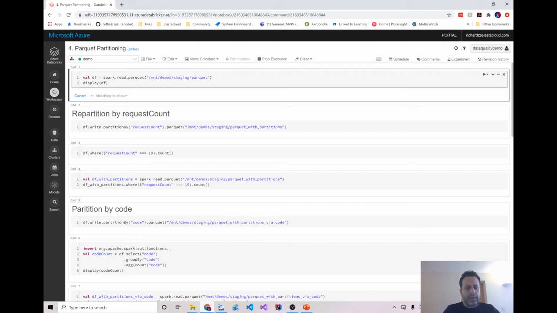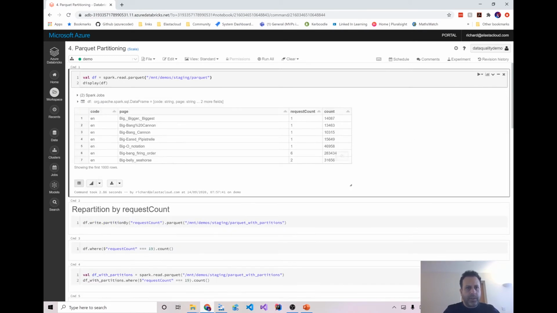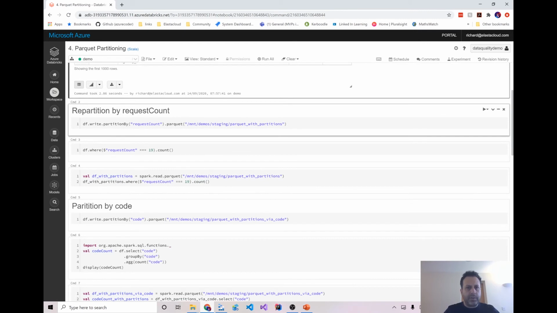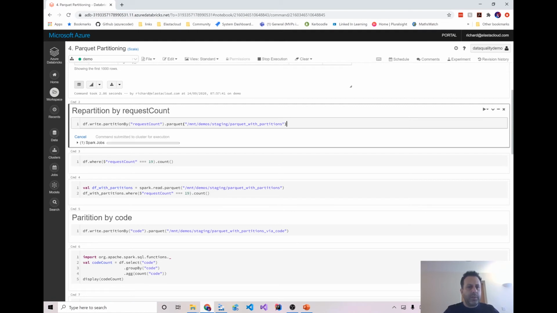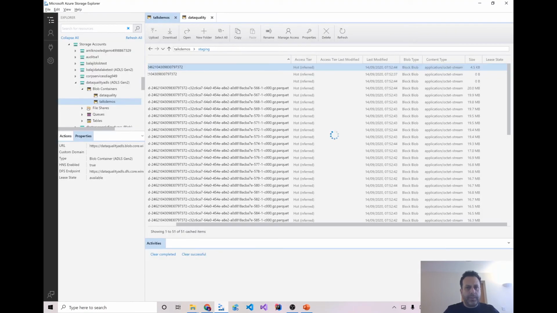So in this case, we're creating partitions from the Wikipedia data, and what that will mean, as we'll see, is that where we choose our partition field, it will create folders on that basis. So let's take a look at partitioning by request count. So what we would expect here, and we'll take a look at this while it's going on, is that